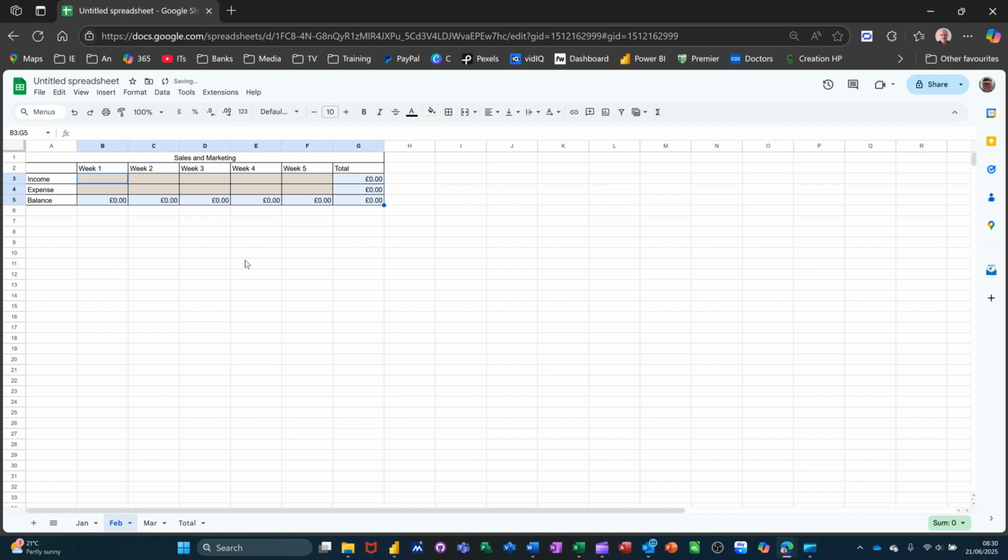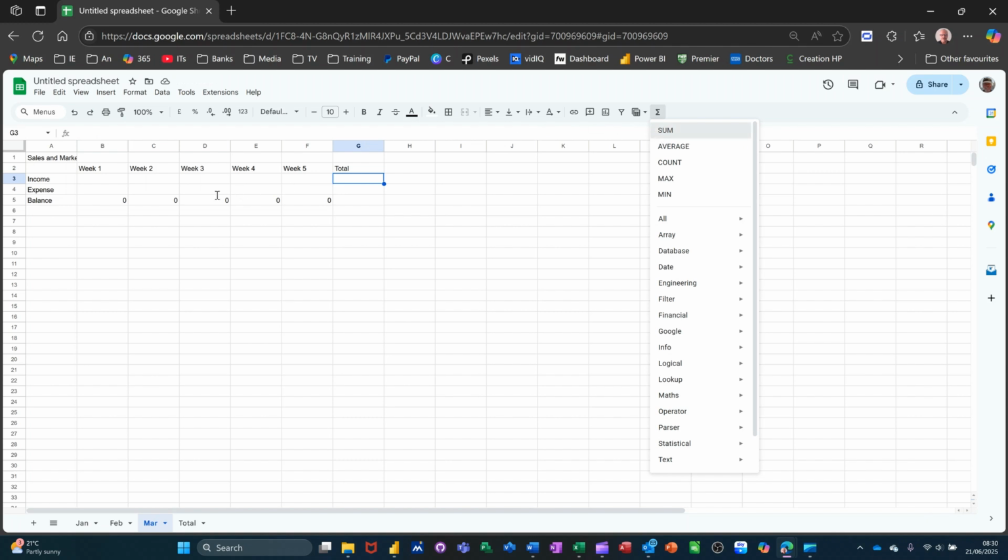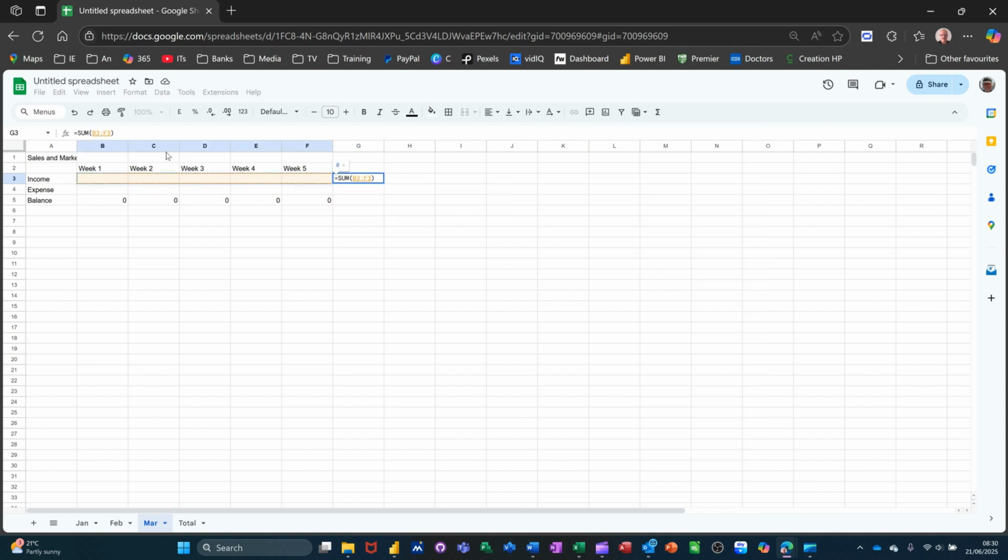Pounds there. And then last but not least, March. So equals B3 minus B4. Press enter. Pull that across. And then sum. Press enter on that. Pull that down. And then what we need to do is link it up. So if I go, pull that down, make all of that into pounds,